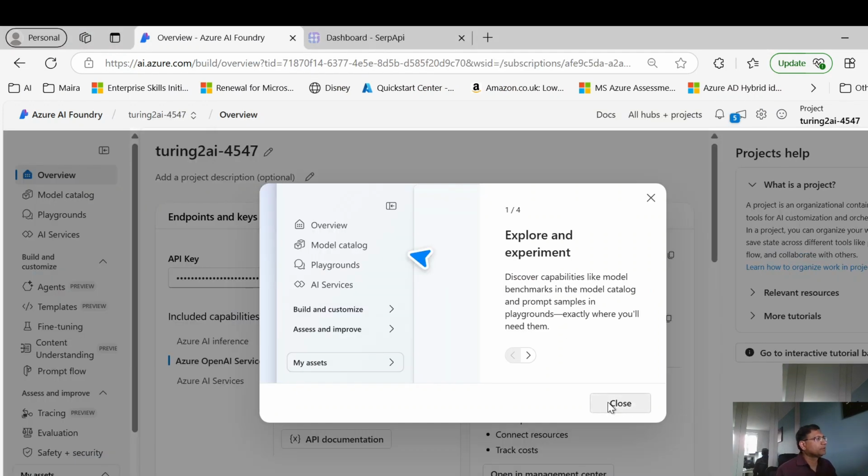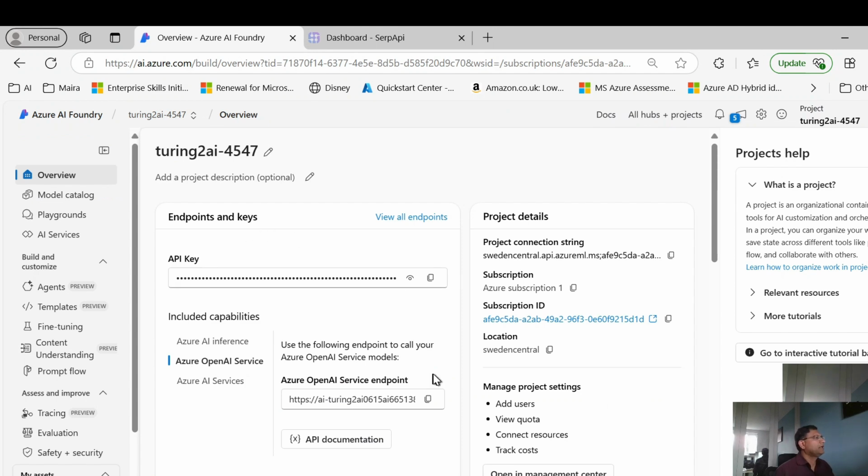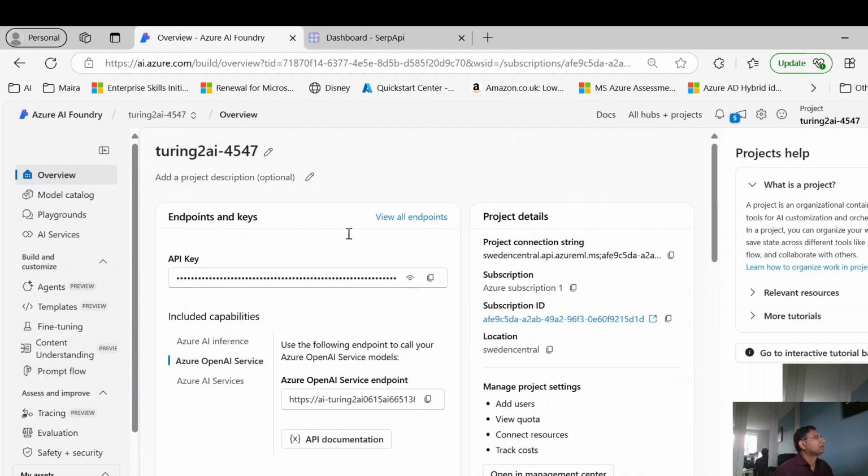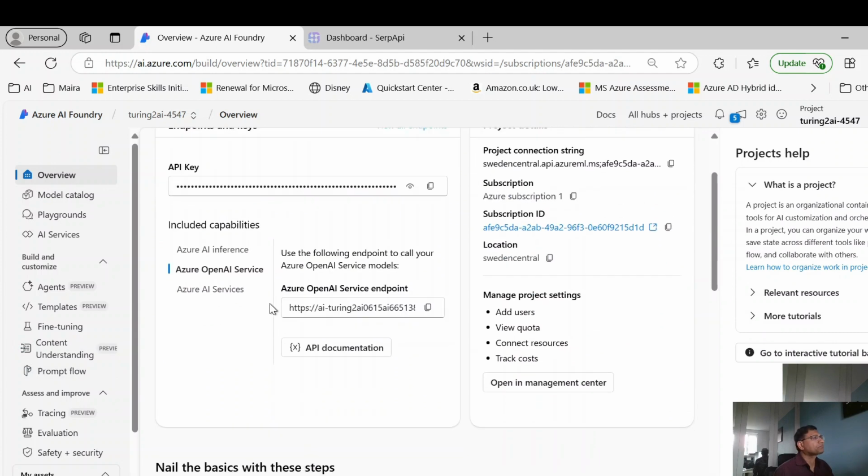Yeah, hello. So it's all done. It has created an endpoint. We are onto the Azure Studio. I can do a lot of things here. So the first thing I'm going to do